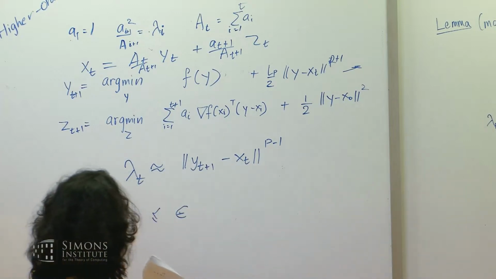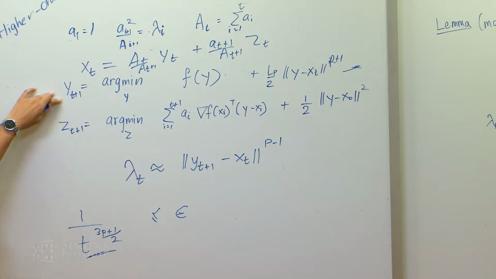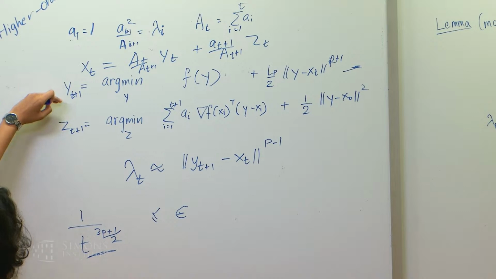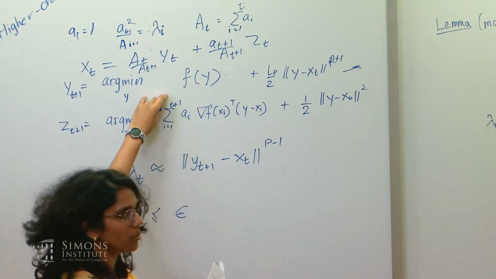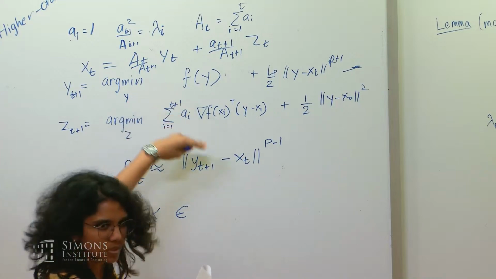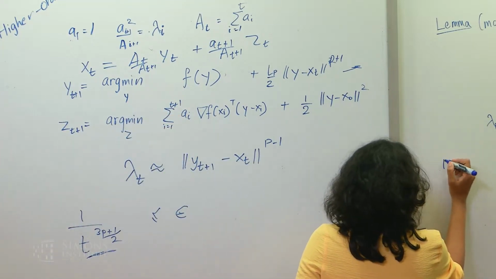So let's look at two things. What does this y_{t+1} mean? Let's characterize this and this next. I'll just use the optimality conditions for both. And what you get is,